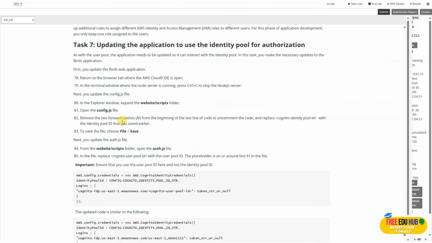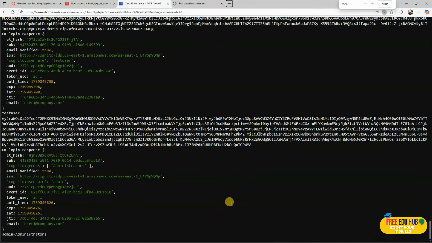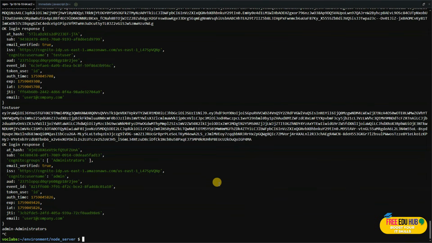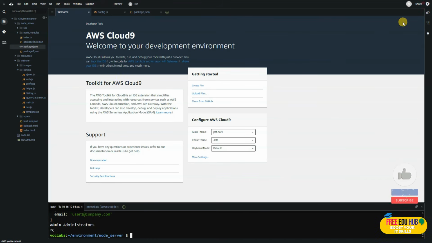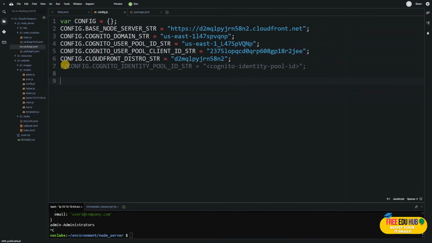Now that's done. Now we are on task number 7, and we will be following the website under scripts, and we'll be changing config.js since we'll be updating the application to use the identity pool for authorization. So I'll go to the command line interface and I'll press Ctrl C to cancel the service which was running, and after that I'll go to my left hand side on the menu and click on config.js